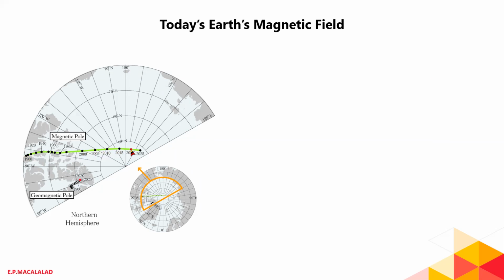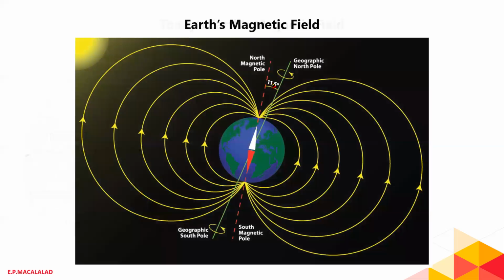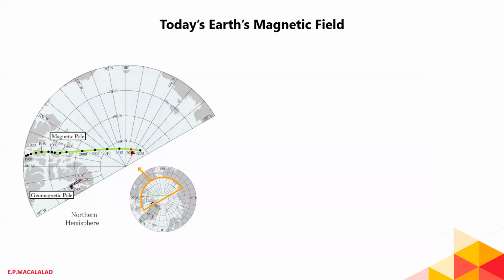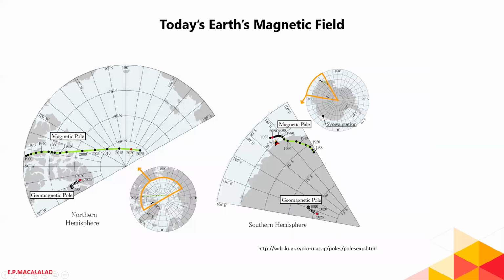So that means the magnetic inclination, the difference between the magnetic axis and the rotational axis of the Earth, is actually less than 5 degrees. So this figure is actually outdated already. This is for the North Pole, and this is for the South Pole. So this is the magnetic pole, and the magnetic pole is actually drifting away from the South Pole in the Southern Hemisphere.